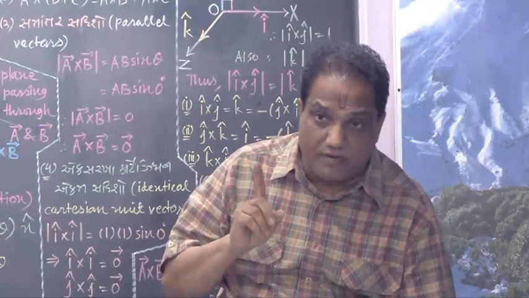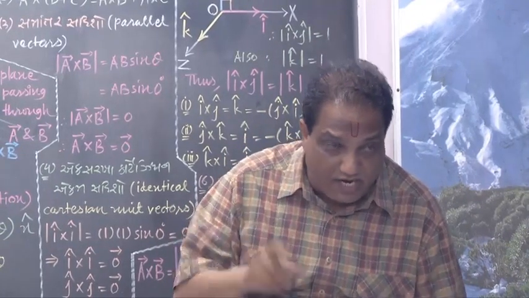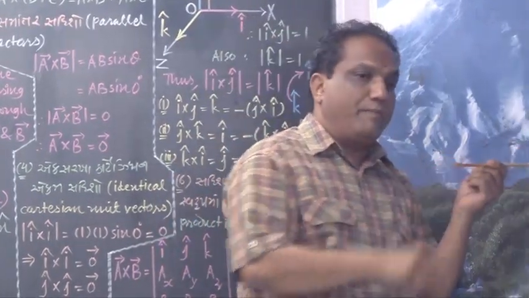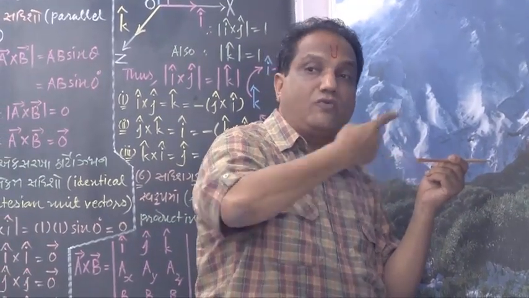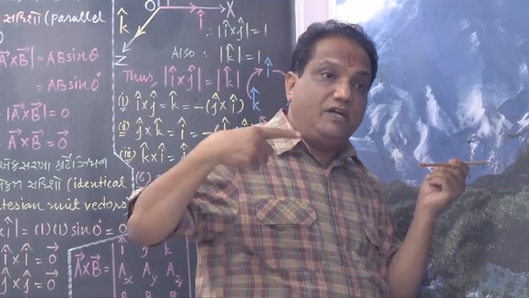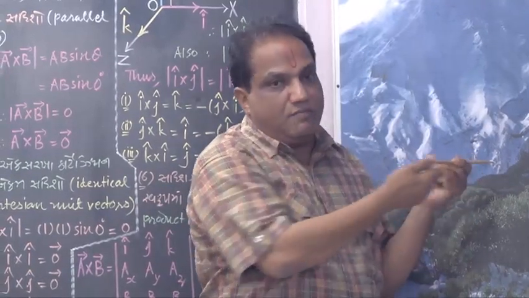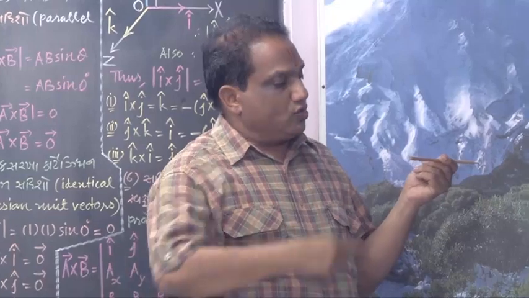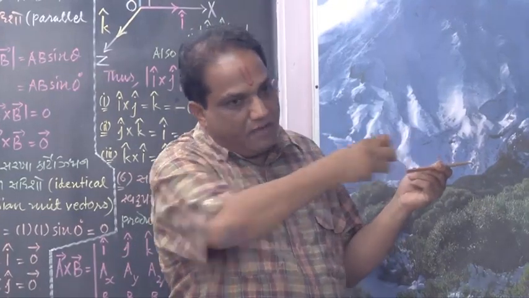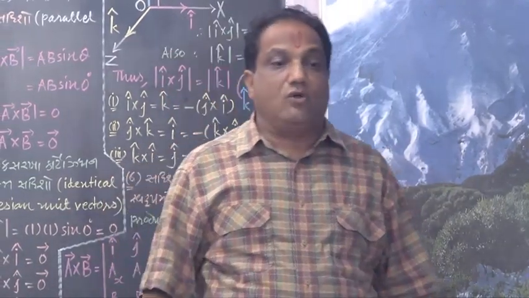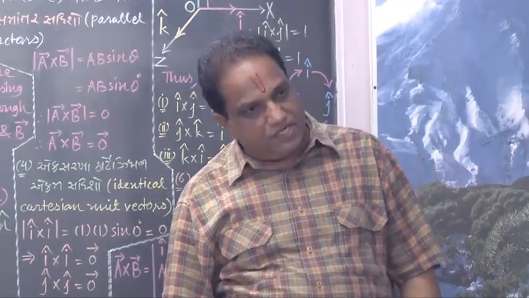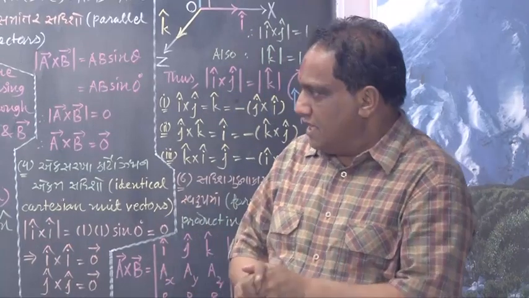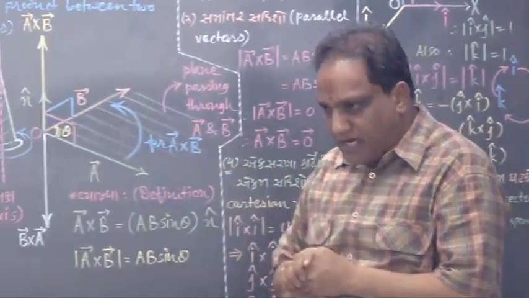There are screws available in the market. When you keep them perpendicular to the wall and then try to rotate clockwise this way, instead of getting tightened, they just come out. So when you rotate this way and they come out, they are not right-handed screws. They are called left-handed screws. Got it? Yes, sir.